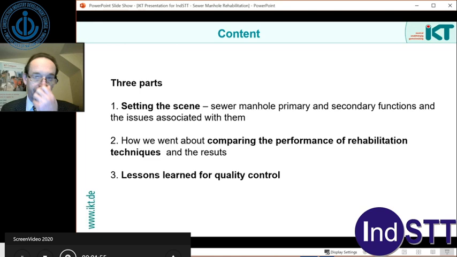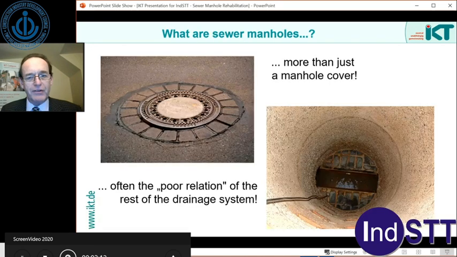Well, what about sewer manholes? They are more than just a manhole cover, of course, which is what most people see. Down the shaft, they're actually possibly the poor relation of the sewers themselves. A lot of effort goes into keeping the sewers flowing, not so much effort into managing the condition of the manholes, although the obvious thing is often failure of the rungs which allow access, and you can see in this